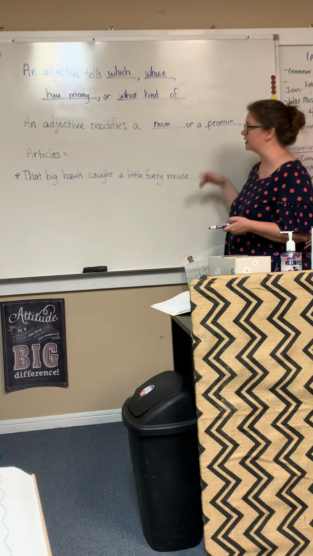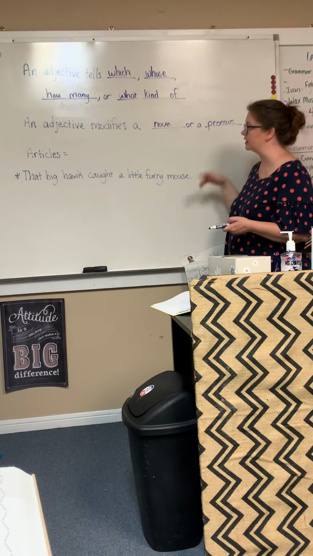So we have all kinds of adjectives, but there are 3 words called articles that are always adjectives. They will always be diagrammed as adjectives. And the 3 articles are a, an, and the, okay? All right, and then at the bottom of that worksheet, it gives you a list of a